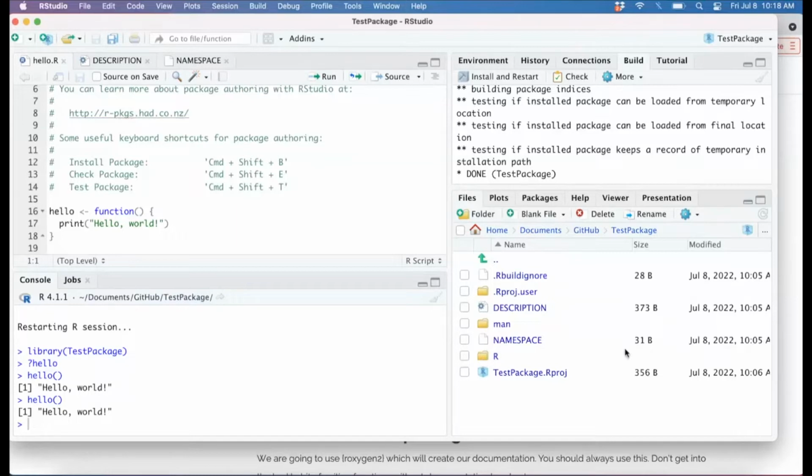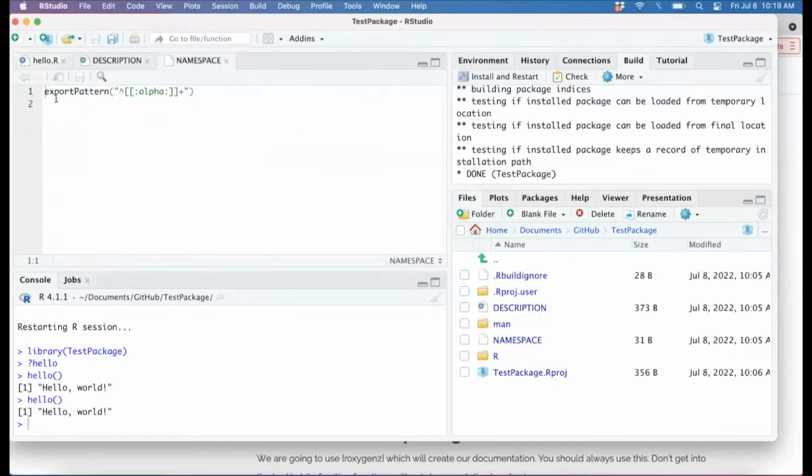Peter asked, if you have many functions in a .r file, which ones will be exported? It depends on how you write your namespace file. If you were to write it like this, it's going to export all the functions. If you are using roxygen, which you should,